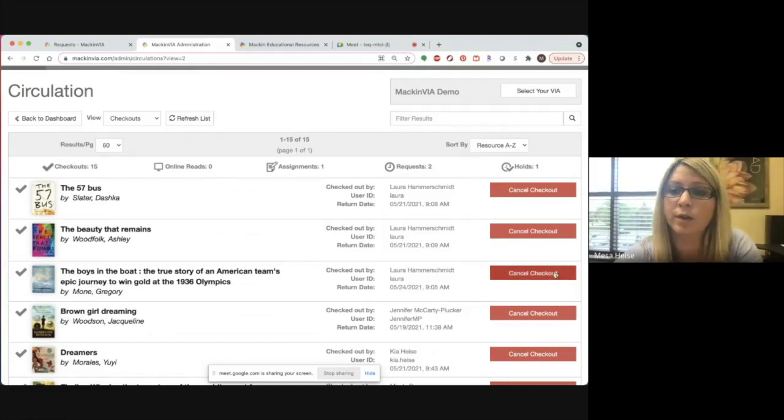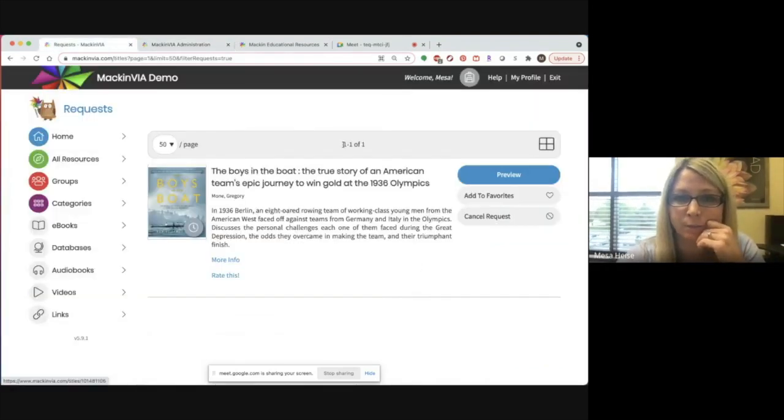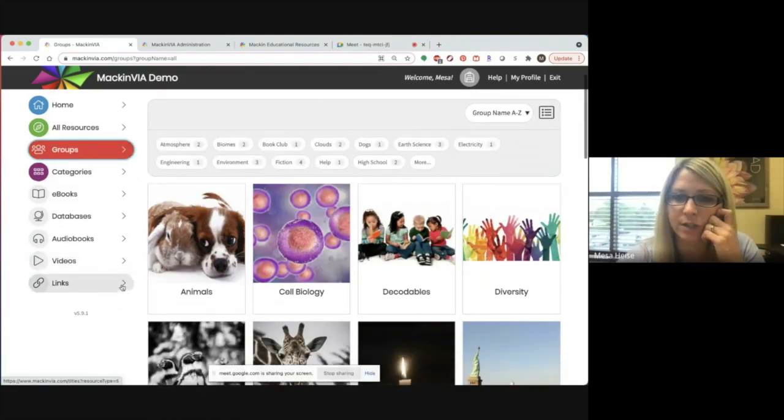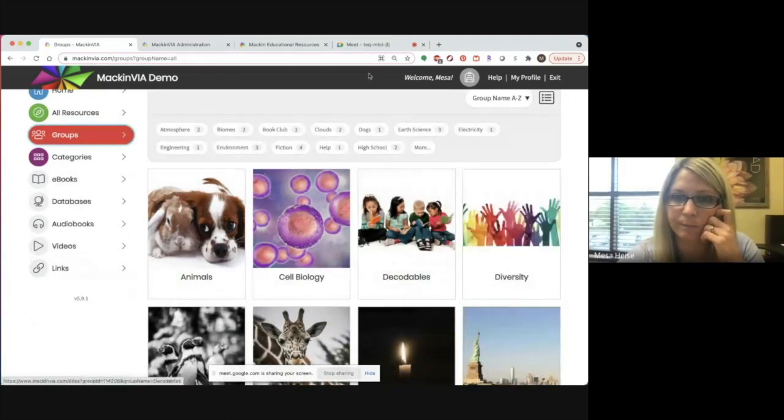So you can actually go in as an admin and see when that book is going to be back into circulation. You can also cancel checkouts as long as it's not shared. Any of those shared titles that you guys have, you can't cancel because it crosses schools. If you own something on your own, then you can cancel it, but at your own school. But if it's shared, you can't. So as of right now, that's really all you can do if a book is not available, is just hit the request button.